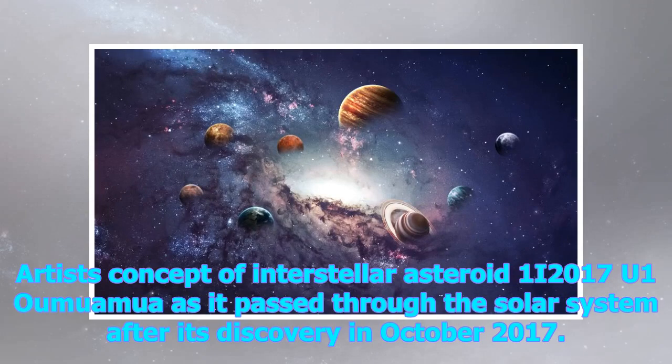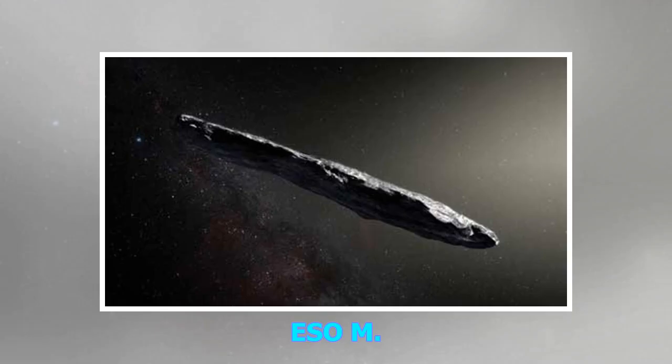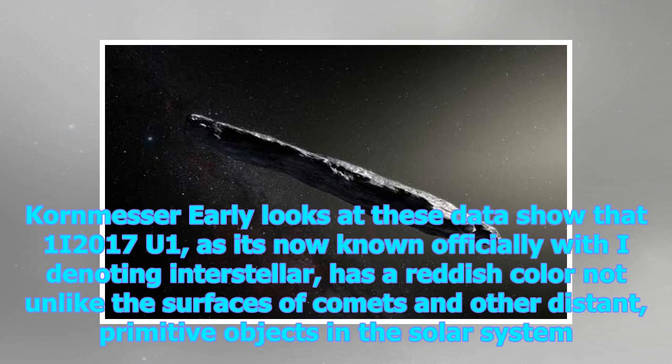Artist's concept of interstellar asteroid 1I/2017 U1 Oumuamua as it passed through the solar system after its discovery in October 2017. The aspect ratio of up to 10:1 is unlike that of any object seen in our own solar system. Early looks at these data show that